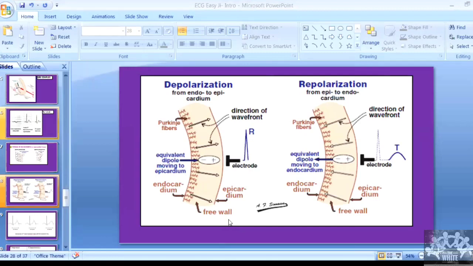This is with respect to individual leads. Yes, sure. I'm just generalizing it. I just want to show how each wave is generated and what each wave represents. Maybe in tomorrow's class, I'll show you with respect to the 360 degrees of the heart, in each lead. I'm coming to that only, why the T wave is positive. Someone asked me this very good question.